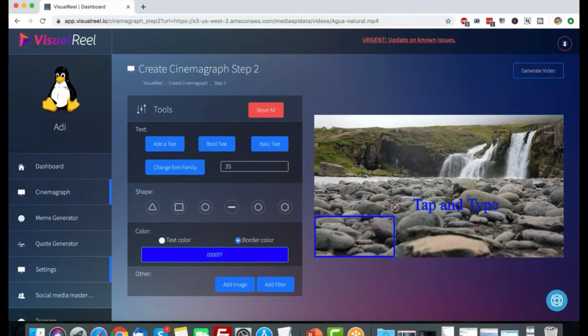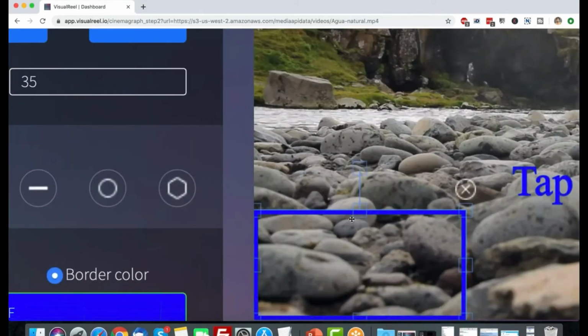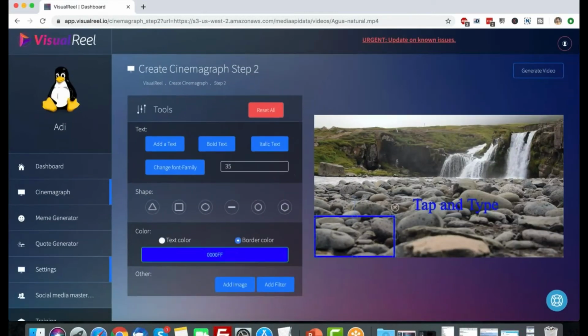Now I'm going to increase it. As you can see, let me zoom in so you can see. There are 4 boxes that you can use to resize it, okay? So I'm going to click on this one and drag it to resize its breadth. There we go. There we are. And then I'm going to resize its height a little bit. I'm going to make it a little bit smaller. Perfect.